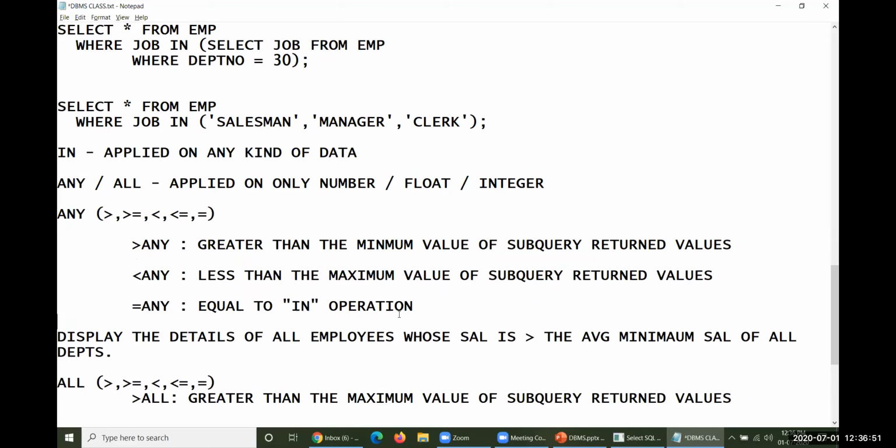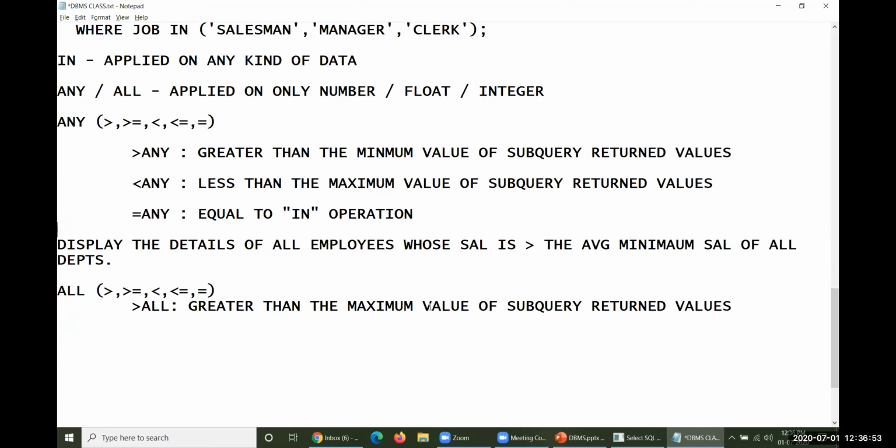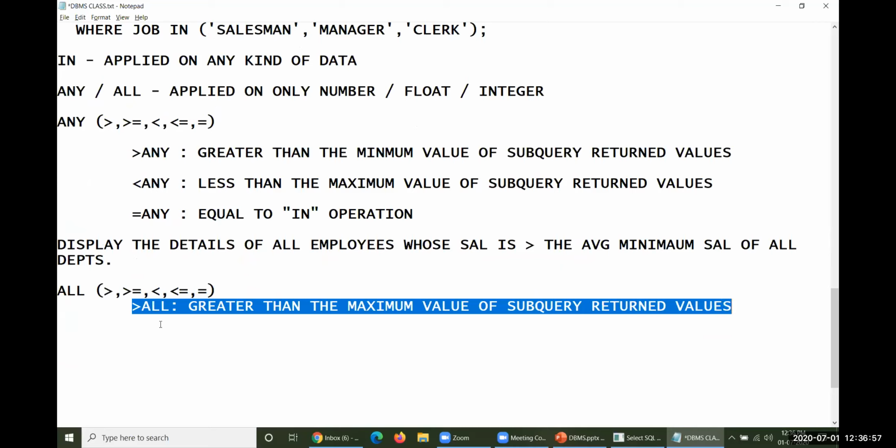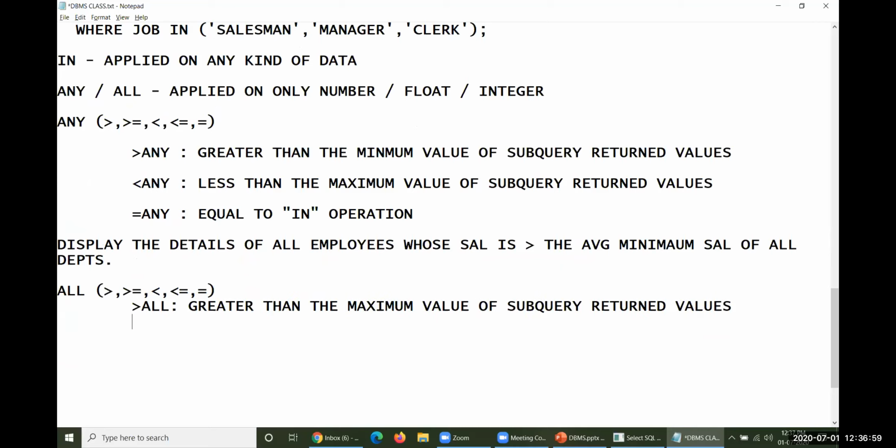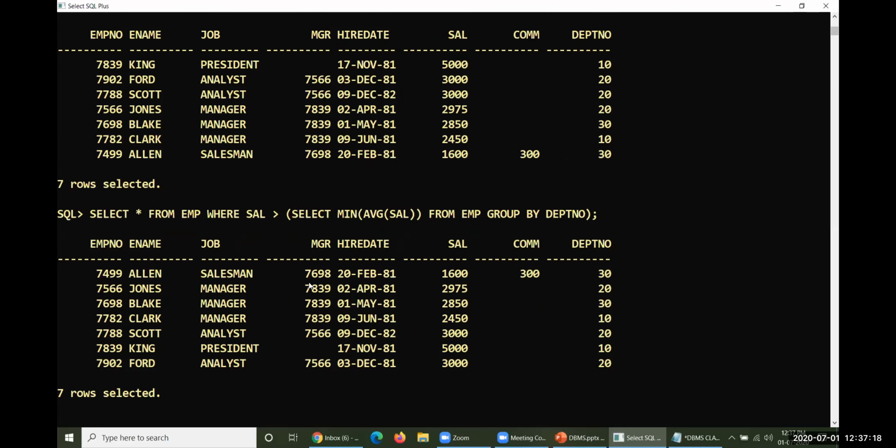Greater than the maximum value. Whereas if you take less than ALL, it is less than the minimum value. Okay, remember this. Again, I'll come back to this area.